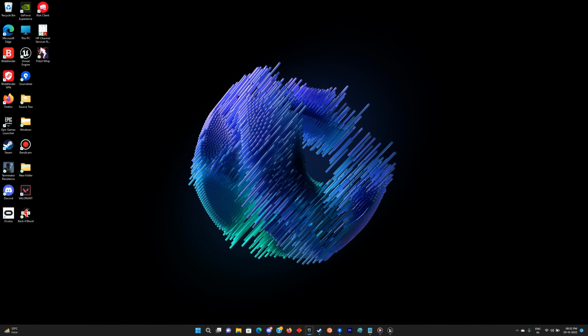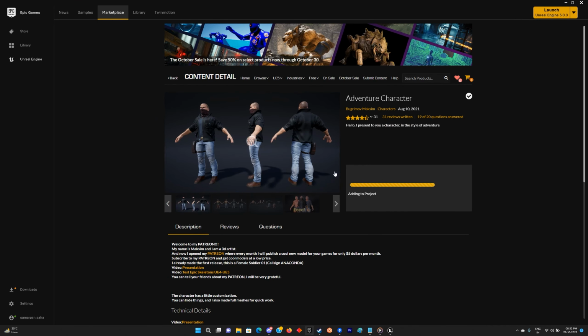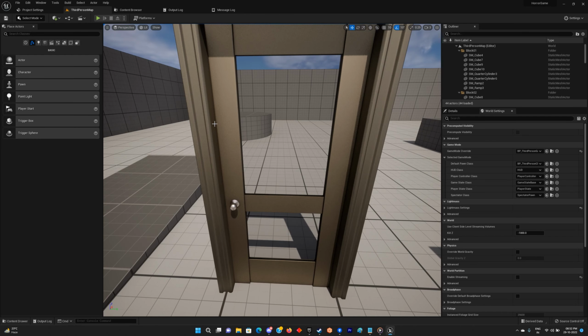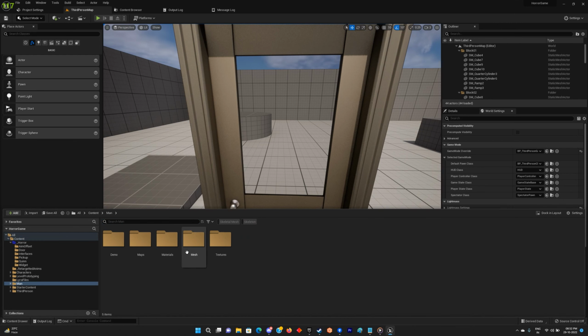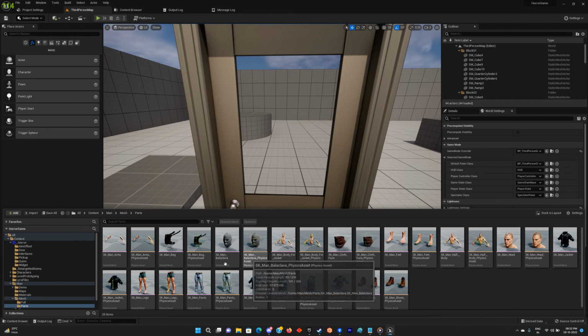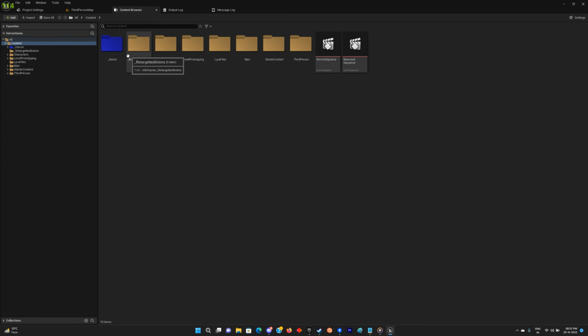So I'll just add this character to my horror game, and it will take some time to download. Once this is done, go back to your folder and there will be the main folder over here. Now this has all the parts for it to make it modular. The first thing we have to do is